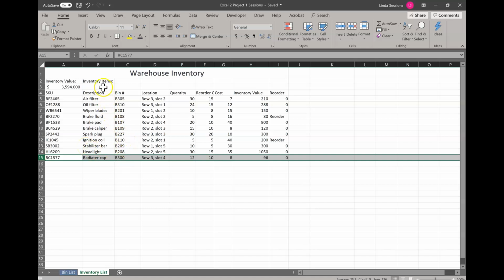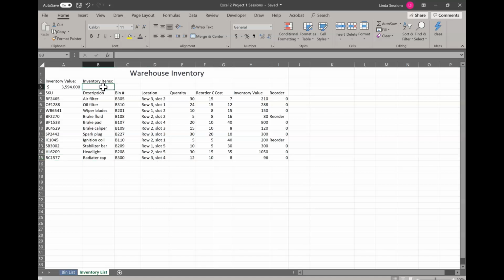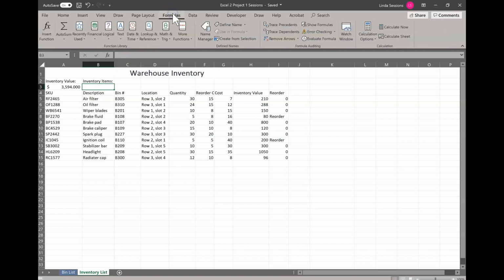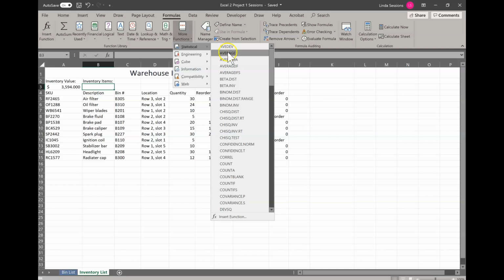Now we want to know how many numbers we have in inventory. So we can use a formula or a function to do a count. So we're going to do a count in cell B3. So make cell B3 your active cell. Going to come up to the Formulas tab, and we're going to go to More Functions, and we're going to go Statistical. Scroll down to Count and